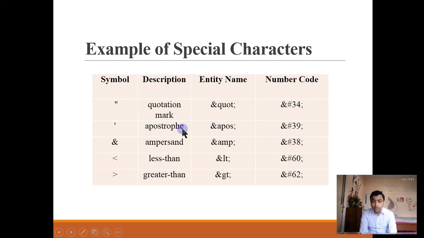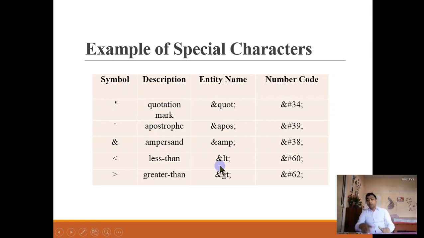Like this, for apostrophe you should use this, for the ampersand symbol we should use this number code, for less than we can use this type of number code, and for greater than we should use this type of number code instead of using the symbols directly inside the text. So it is preferred to use these number codes in the text inside HTML.